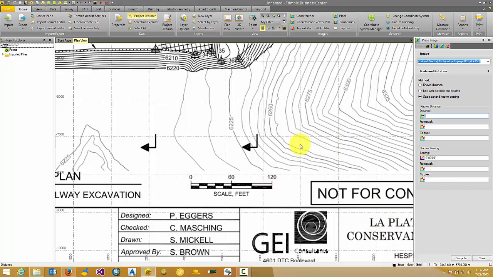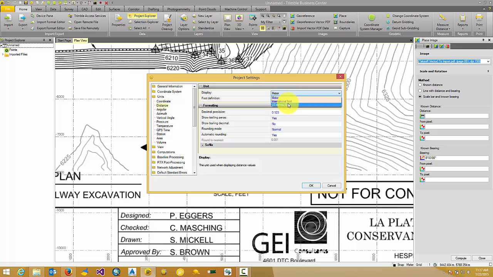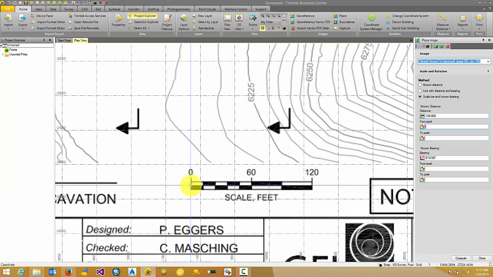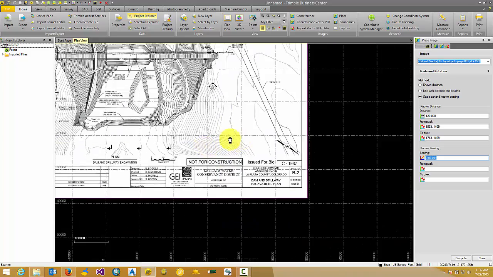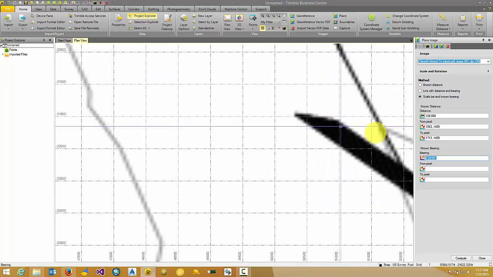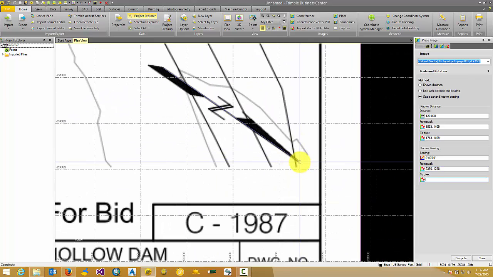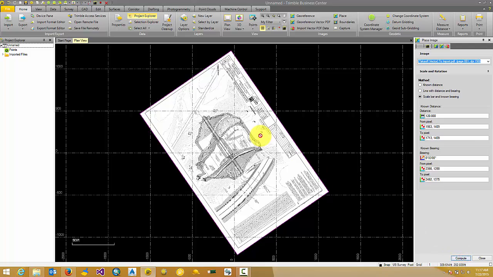So let's switch our project units to survey foot, just so we can be consistent. And the distance in this case is 120 from pixel. Here, as you notice, as I come close to a pixel, the pixel picker kind of changes shape, and the bearing is going to be 0. We pick here the bottom of the north arrow and the top of the north arrow and say compute, and that does the transformation